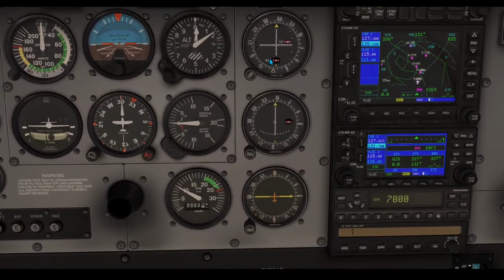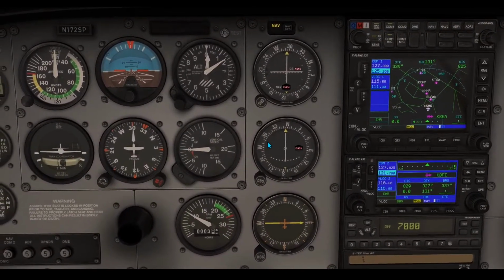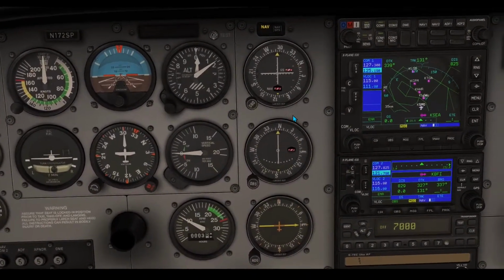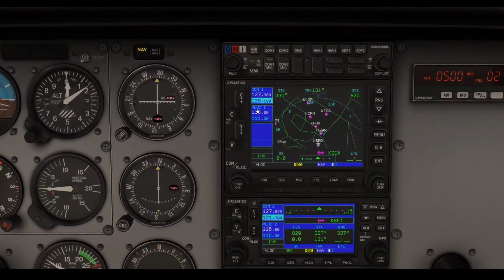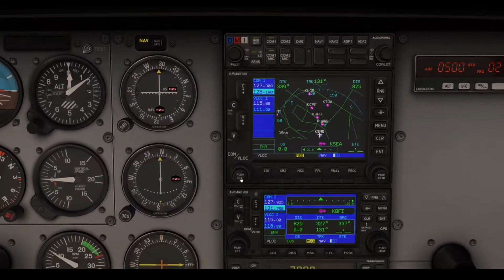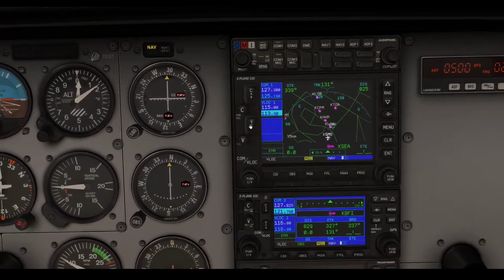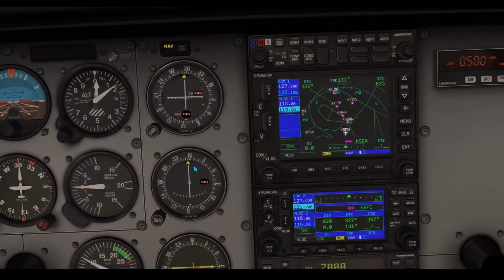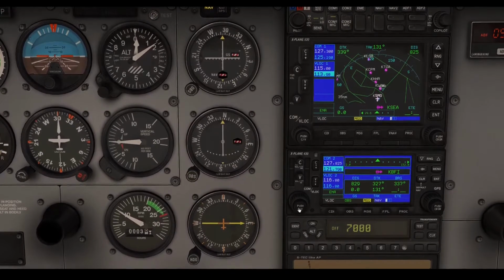Navigation instruments: CDI1, CDI2, ADF. CDI1 is coupled to NAV1 frequencies that we can change this way and swap. CDI2 is coupled with NAV2 frequencies that we can